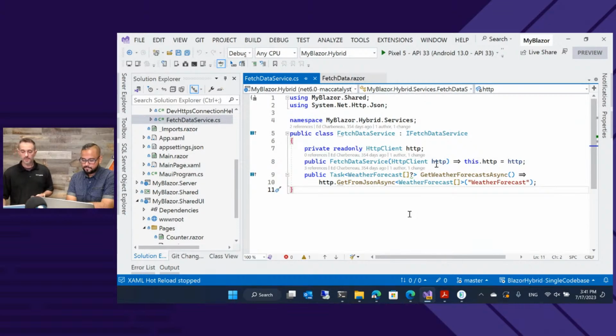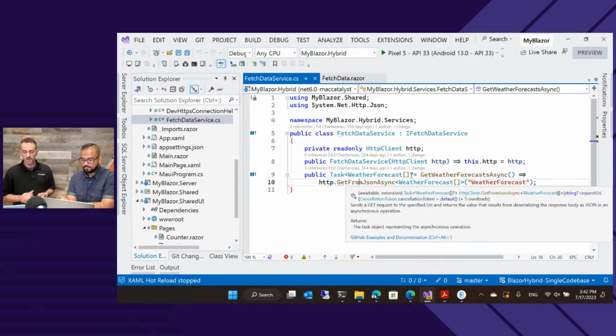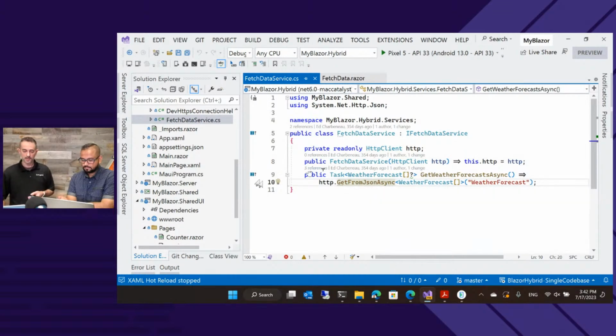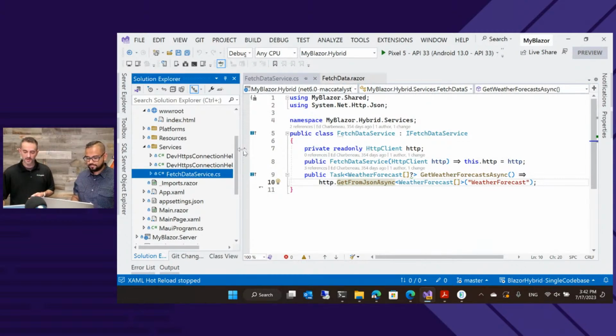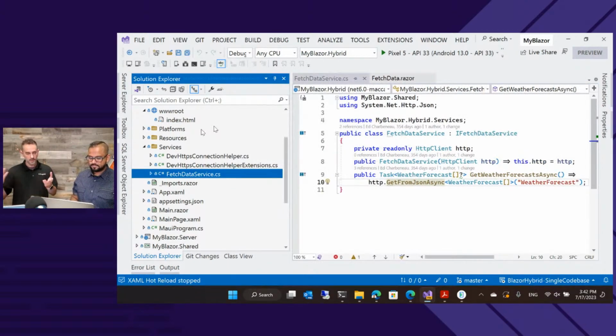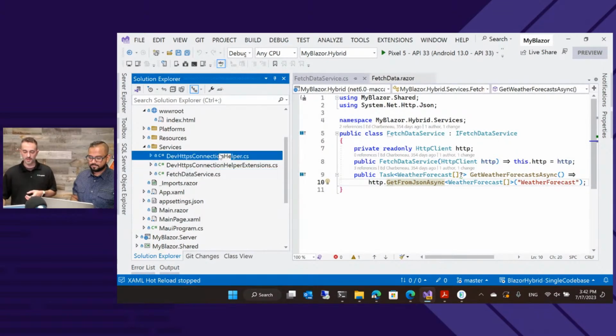Yeah, this is pretty routine for any HTTP service that you're going to build. An HTTP client gets passed into this service. It doesn't matter what the implementation of that HTTP client is, it just needs one to run. So it's going to use one, call GetJsonAsync, and get that weather data. Now, this is where the tricky part comes in. You're going to have to get this code, again, from the ebook through that link, or copy paste it however you want to get it.